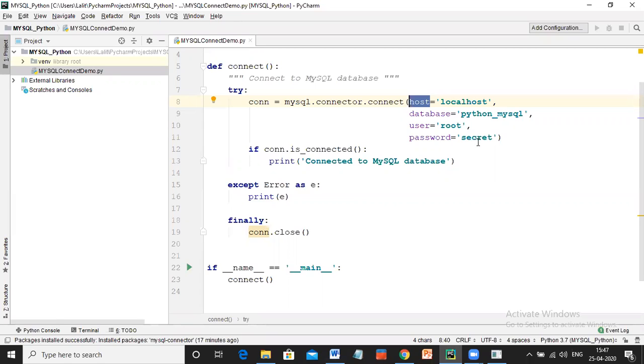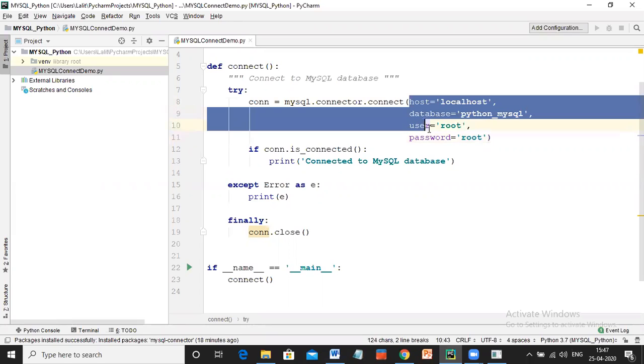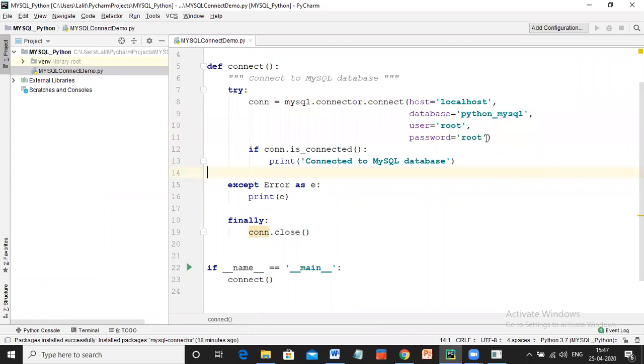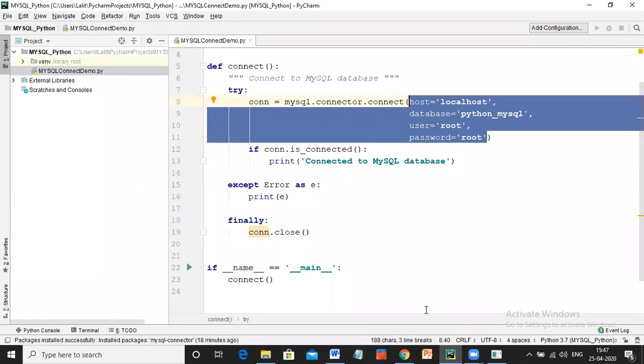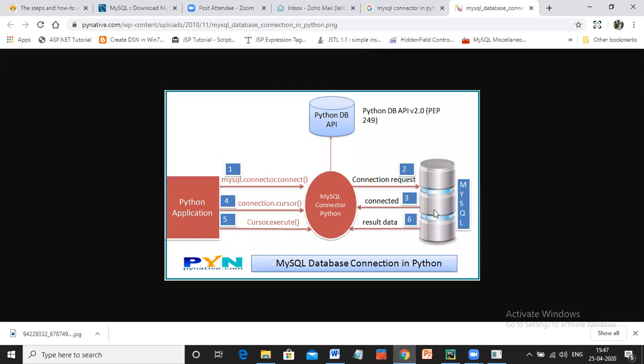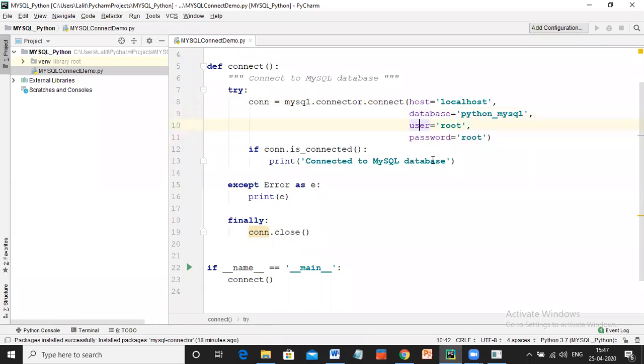In my case, it has to be root. These parameters are mandatory. If you don't mention these parameters, how can the MySQL connector recognize where your SQL server is? So the connect function requires some parameters: host, database, user, password. Is it okay?